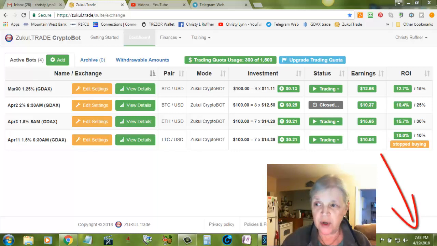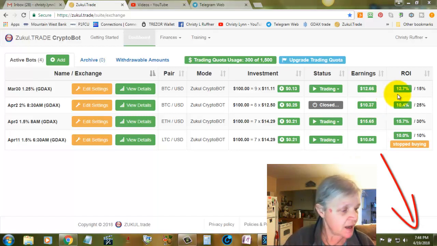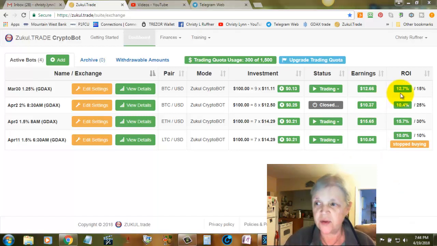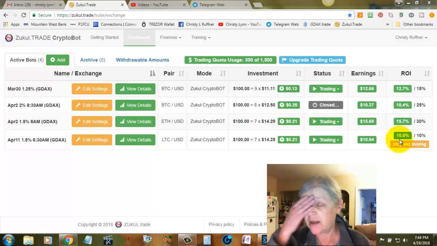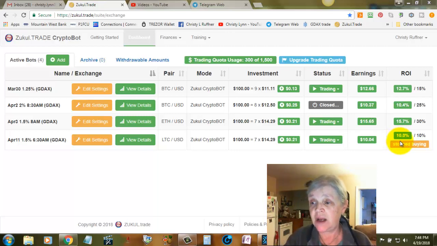Started out the morning this morning at 12.3 on my first bot, 10.4 on the second bot, 14.2 on the third bot, and 9.6 on the last bot. And as you can see here, my Litecoin bot